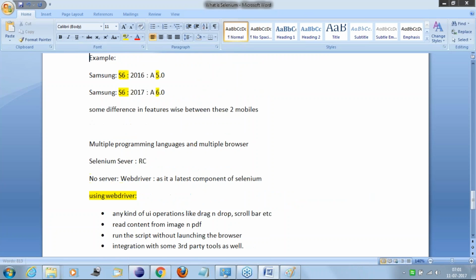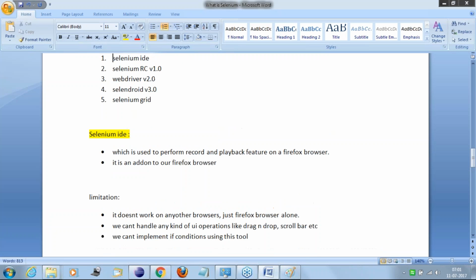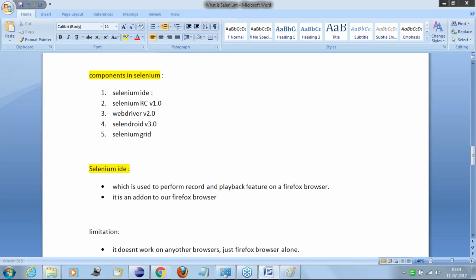Moving on to our regular training program, what we are going to study: we will start our sessions with Selenium IDE for 2 to 3 hours to see how we can work on the various kinds of components. And in RC, we will start Java concepts, about 8 to 10 hours of Java concepts required for us, plus 1 hour on Selenium RC. And for WebDriver we are going to spend about 15 to 20 hours, and each